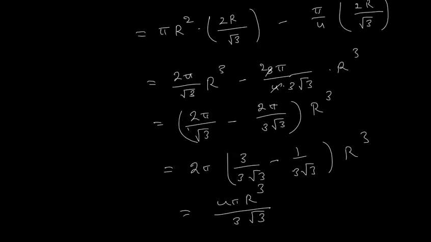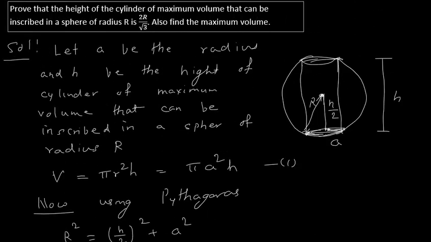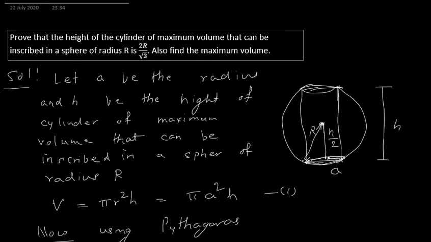So as this is volume, V max is equal to this much cubic unit. Have you understood the problem, how to solve this? All the problems we have seen here are to find the maximum or minimum value, or the condition where we get maximum or minimum value. All the problems so far are based on the second derivative test. In maxima and minima, the most important part is this second derivative test. There are a few more problems that we are going to see in our next lecture. Thank you.